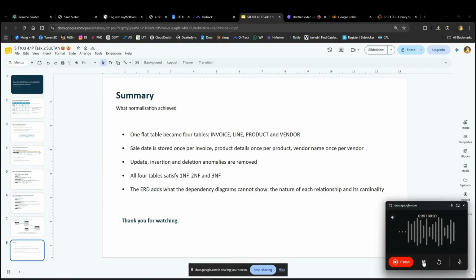So, in summary, a large table became four smaller tables, and the sale date is stored once per invoice, the product details once per product, and the vendor name once per vendor, which gets rid of the update, insertion, and deletion anomalies. All the four tables are now in 1NF, 2NF, and 3NF, and the ERD shows the thing the dependency diagrams cannot show. That is a relationship and its